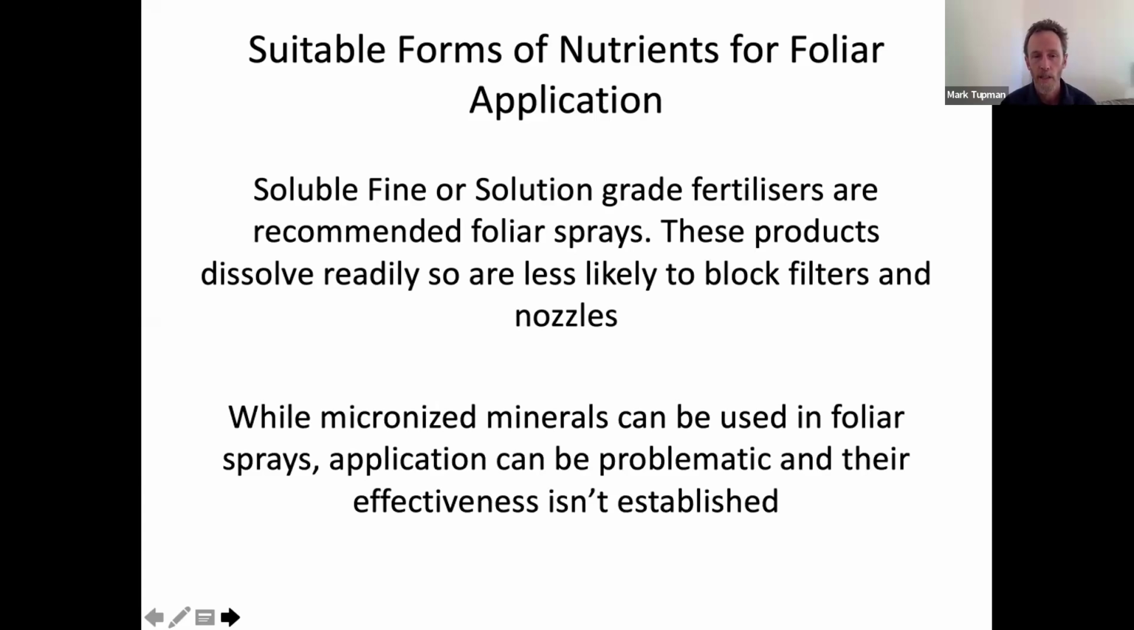And while quite a lot of people are talking about and using micronized minerals in foliars, they can be a bit problematic. You need constant agitation. They can settle out in the tank. They can sometimes block your sprays if they're not fine enough. And really, there isn't much science behind their effectiveness. It's quite hard to get nutrients into leaves, especially when you're relying on processes like diffusion, and in that case micronized minerals don't really work. They're also quite large, relatively speaking, compared to ionic nutrients, so they can be hard to